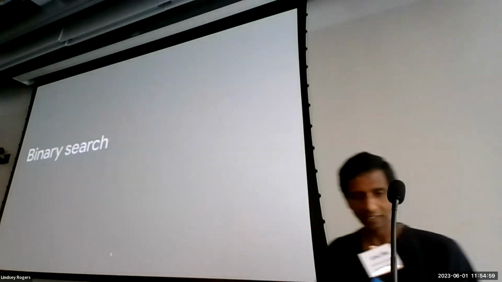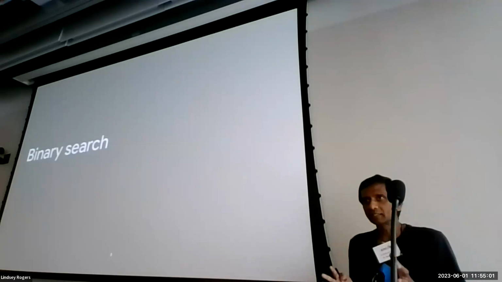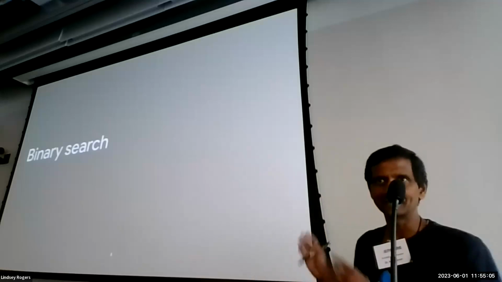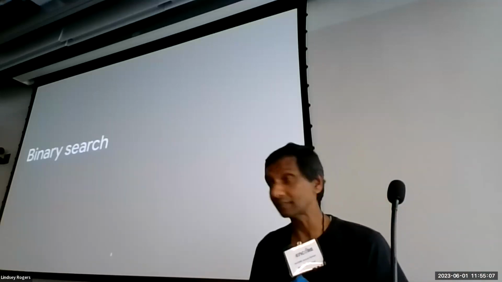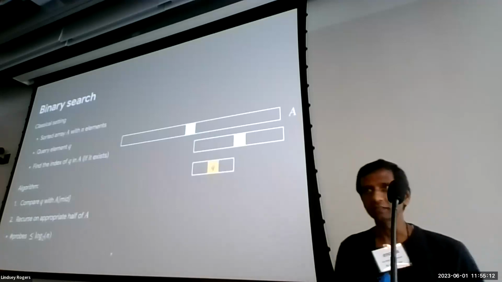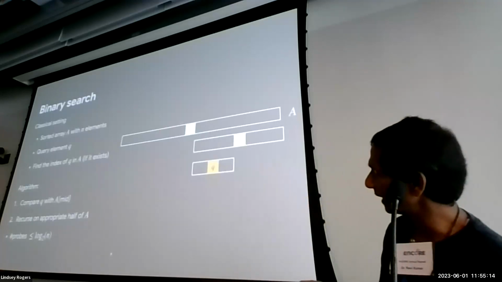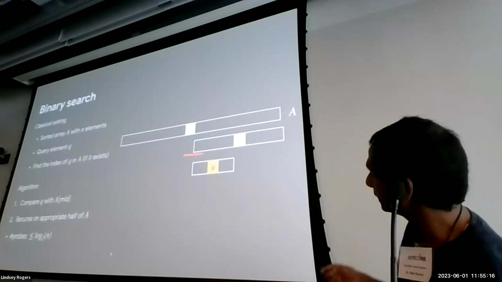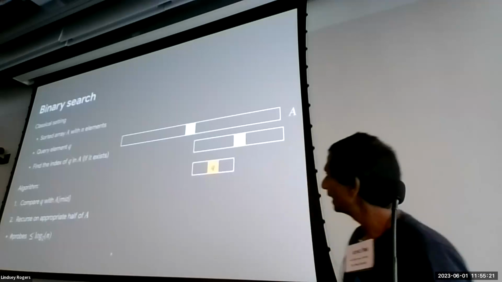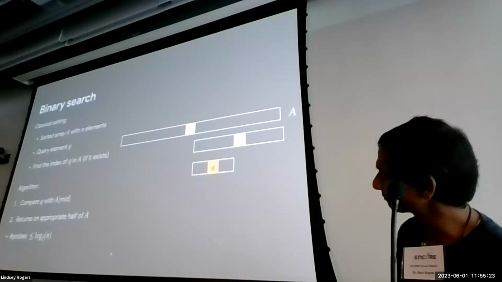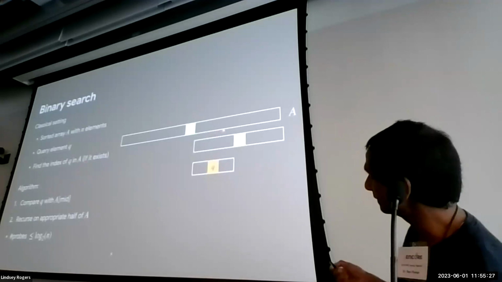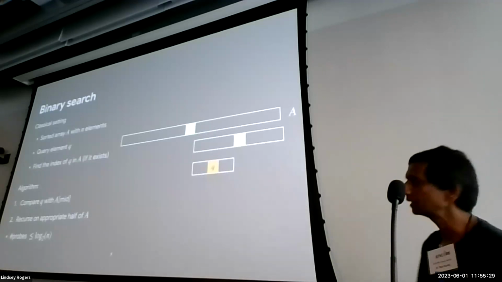All right. So to give you a concrete example of a problem, I'm sure some of you have seen this already, but nevertheless, it doesn't hurt to look at this again. This is the classic binary search problem. All of us know what binary search means, but just to set the notation: we have an array A that's sorted, it has n elements, and you have a query element Q. The goal is to find the index of this query element in this array, if it exists.